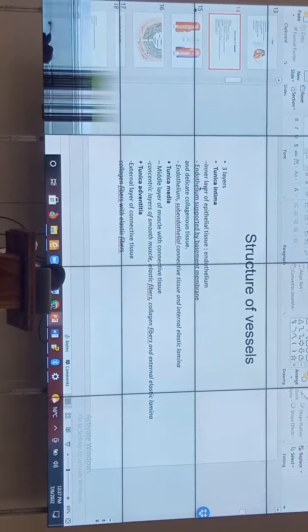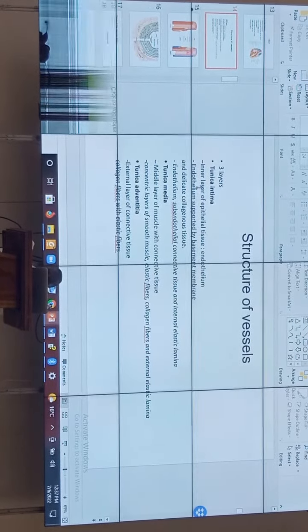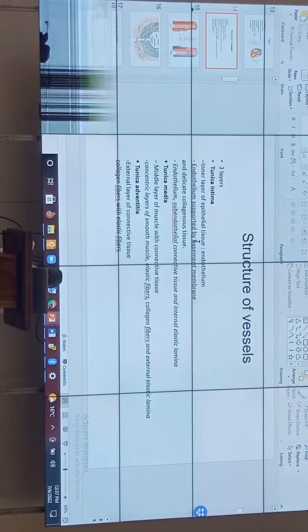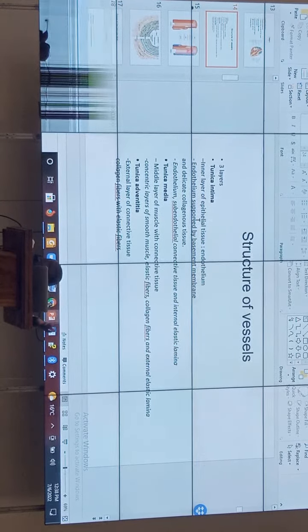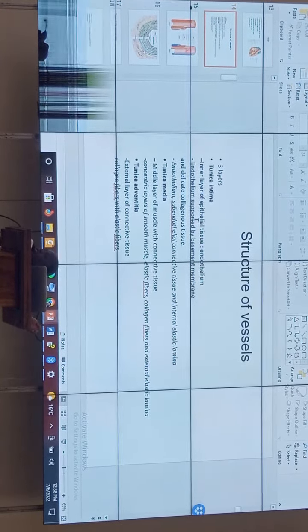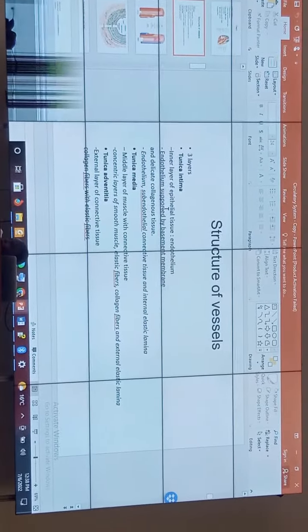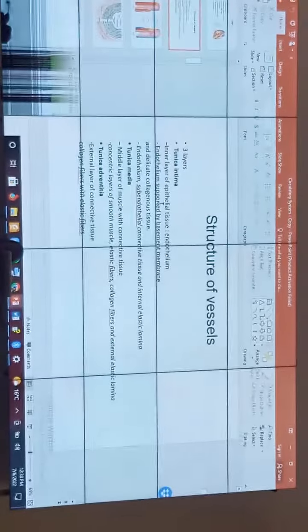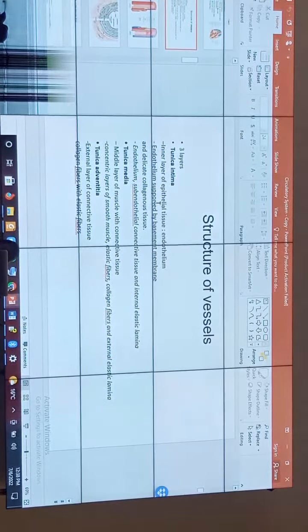That's the first layer that lines blood vessels. Just beneath the endothelium, remember an endothelium is epithelial tissue, and epithelial tissue rests on the basement membrane. All right. So deep to the endothelium, you have the